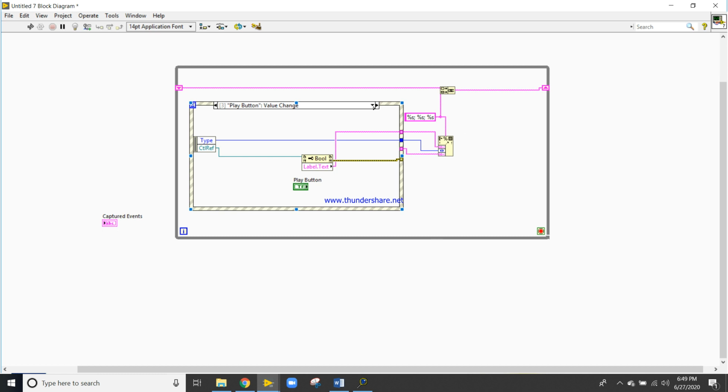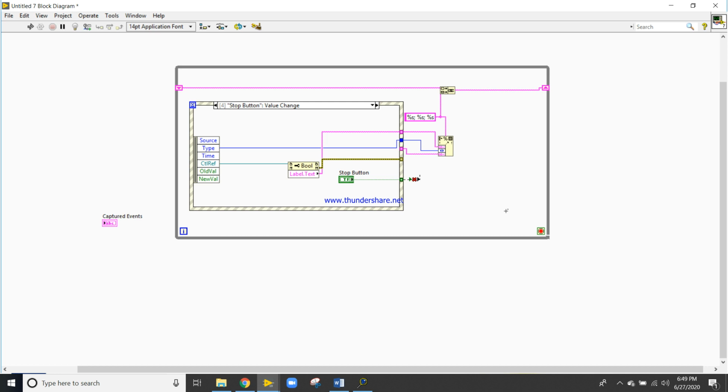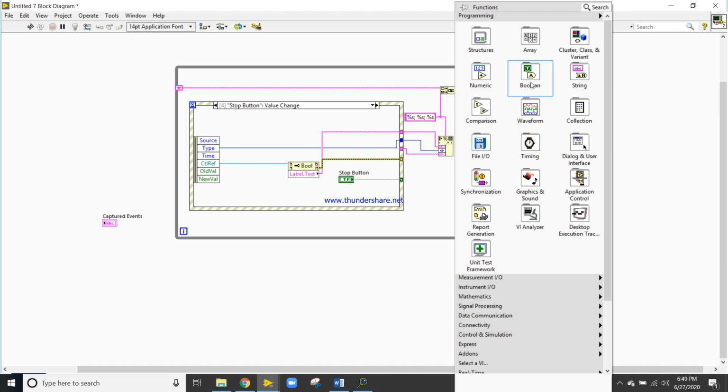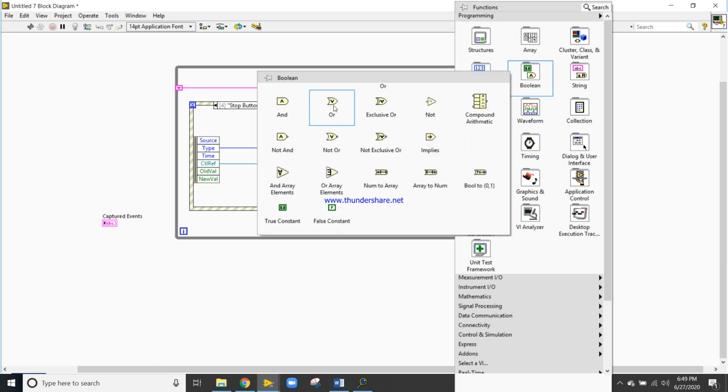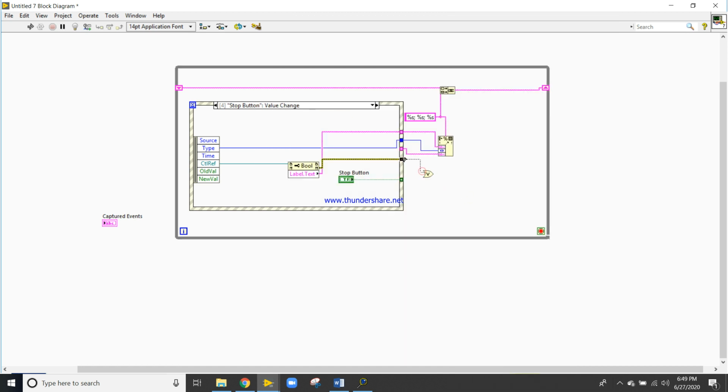Control B. Right click, stop button. Okay, Control B. Right click, come to the boolean, take the or function.